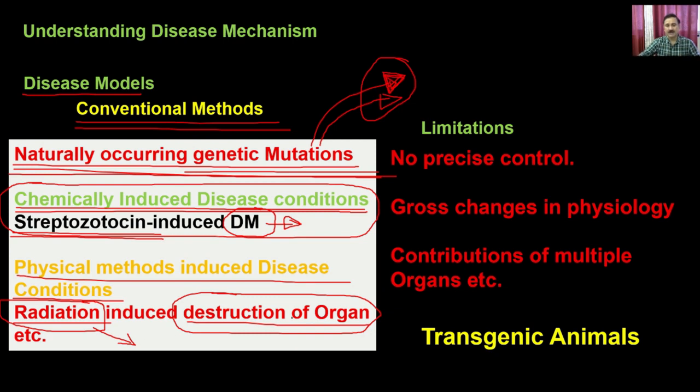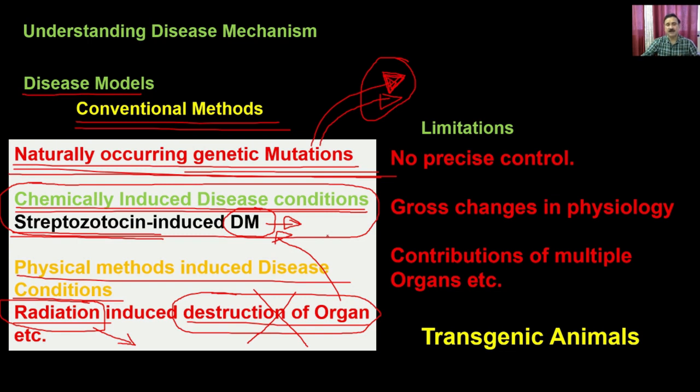Apart from that, sometimes people also remove a particular organ, and that's how people initially developed the diabetes model. For example, when scientists removed the pancreas from a dog, they discovered diabetes: removal of the pancreas from the dog develops a disease which causes diabetes, because